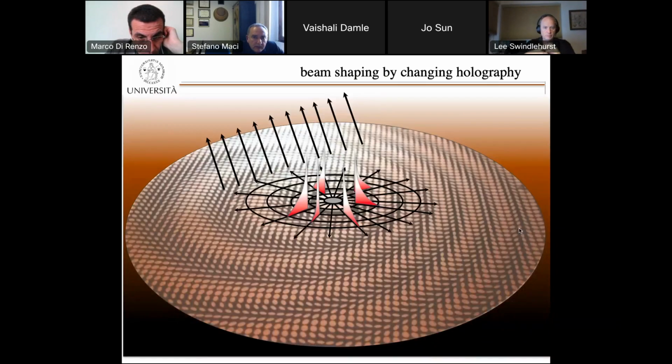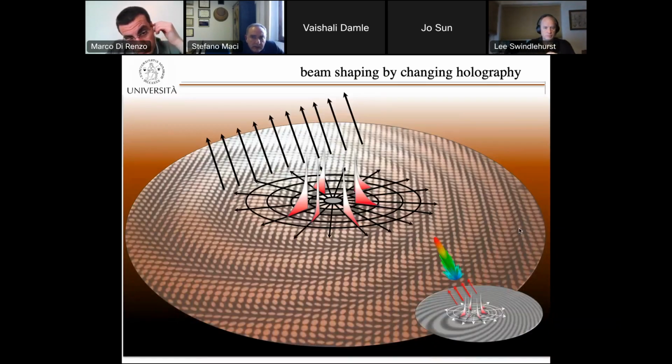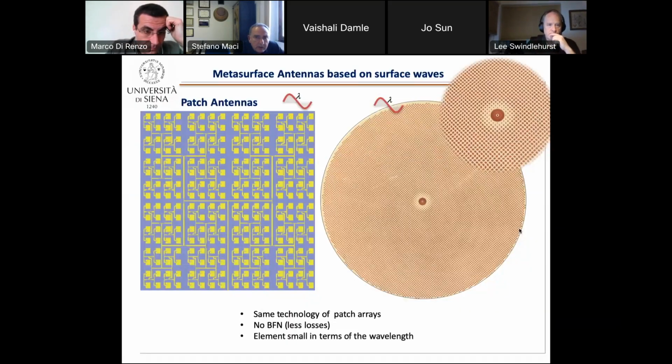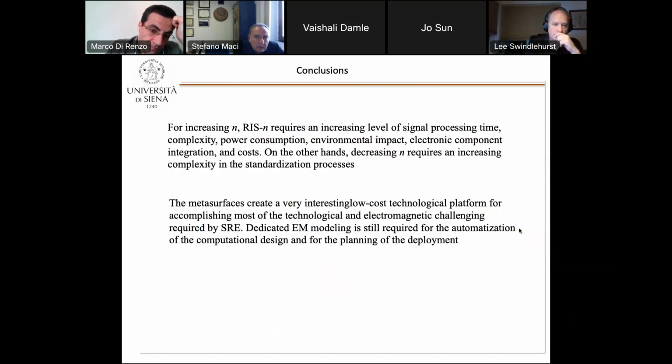Same thing, if you change the holography of the surface, you can redirect the beam in a different way. And if you do it electronically, or with the material, you can get a low-cost scanning antenna, with a technology which is much more convenient than the classical patch antenna. So, in conclusion, for increasing N, RIS N requires an increasing level of signal processing time,